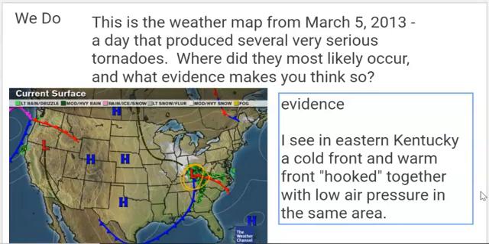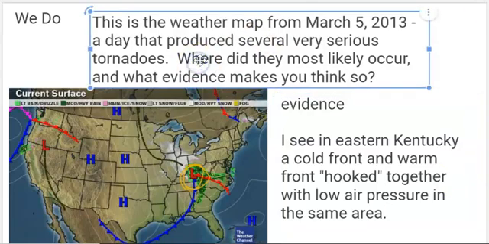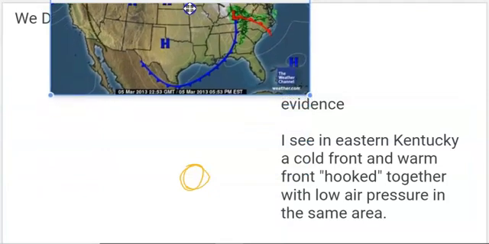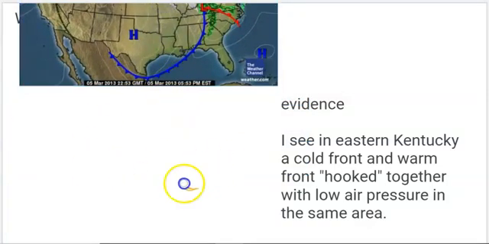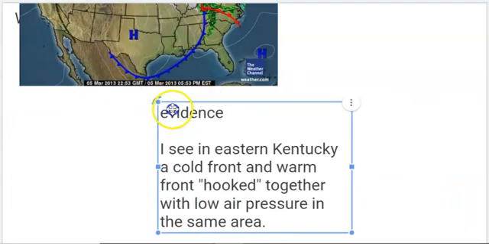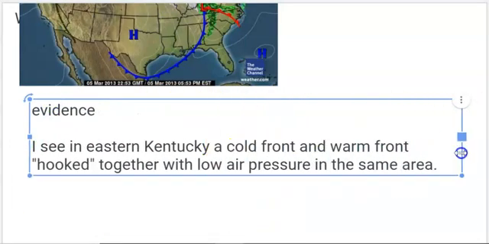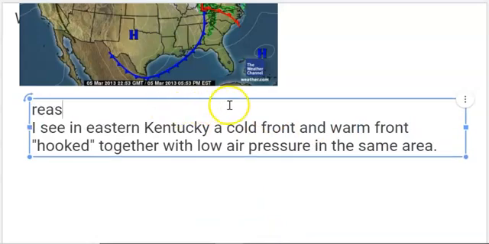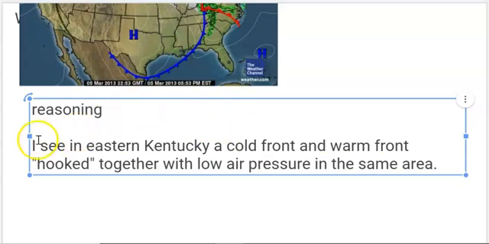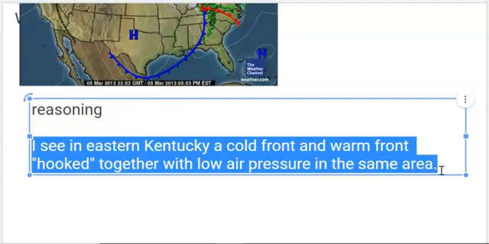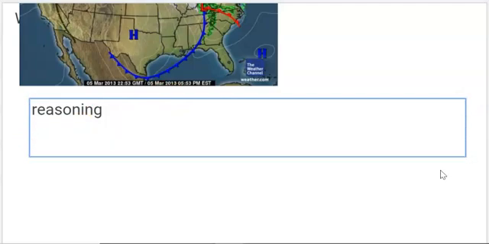So go ahead and pause. That'll be your evidence. Go ahead and write that down and then come back when you're ready. So now we get to the biggie. Sometimes, in previous arguments from evidence, reasoning has been pretty short or not the part we focused on a ton. Now it really is, because reasoning here is explaining why those ingredients resulted in a tornado. Why does that set of ingredients bake that certain cake? And there's a lot to say. We have to explain the whole process of tornado formation there.